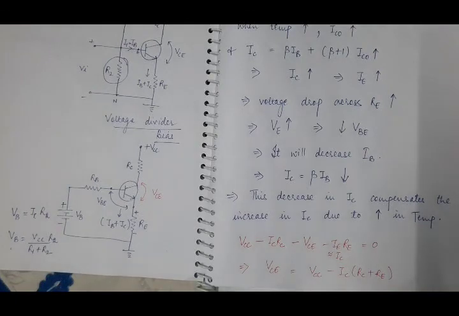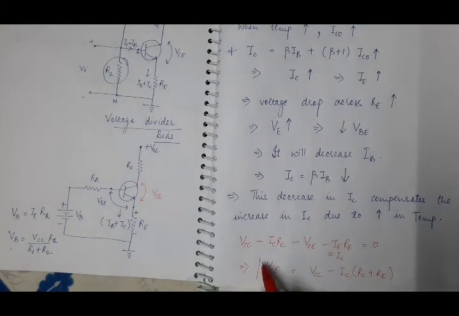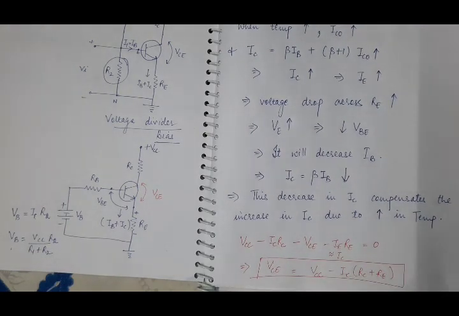Now by putting in the value of IC which we have calculated in the previous equation, you will get the value of the second coordinate of the operating point. In this case, as IC is independent of beta, this VCE will also be independent of beta. So the operating point is independent of beta. It means it will be more stable than the previous cases. And the shifting of operating point because of the temperature